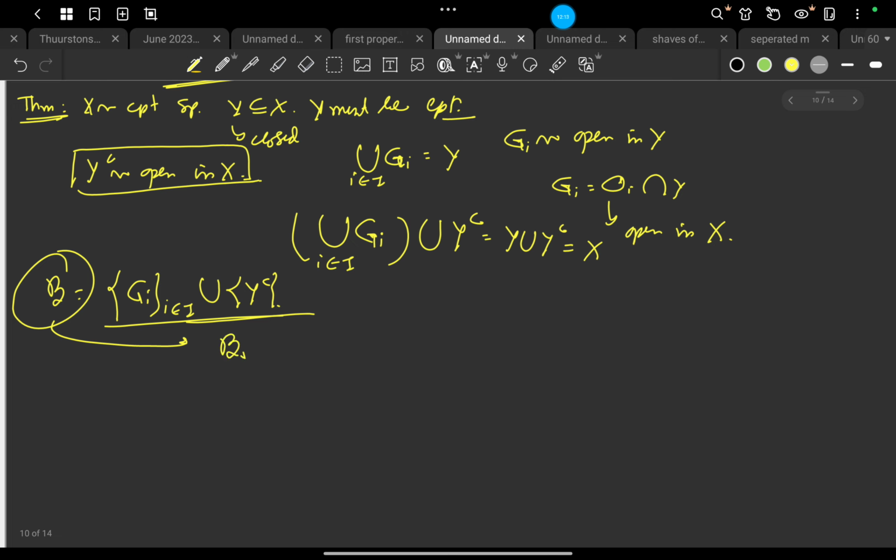This finite subcover may include Y complement or may not include Y complement, or may just consist of certain Gi's.